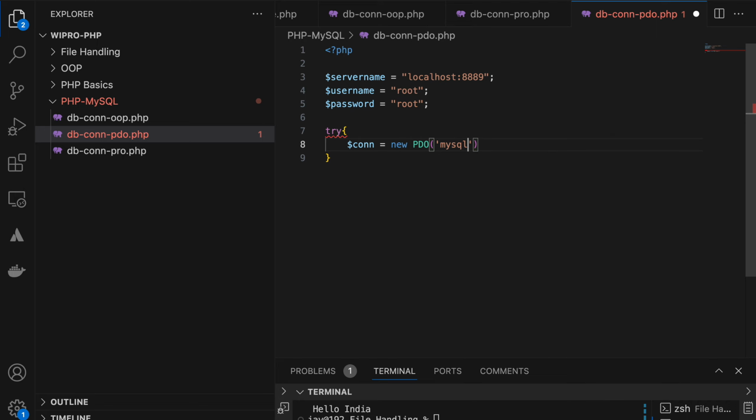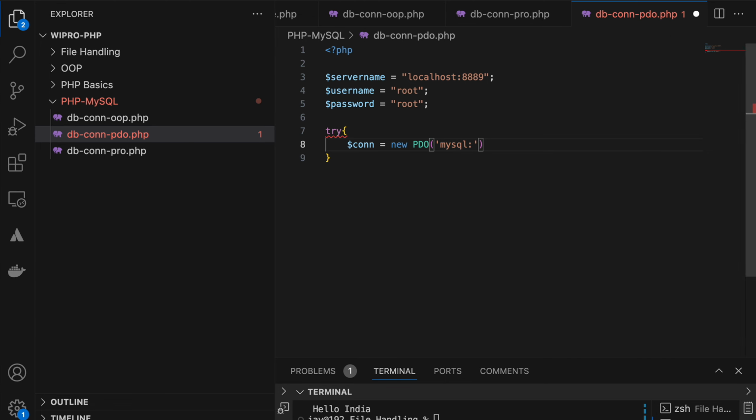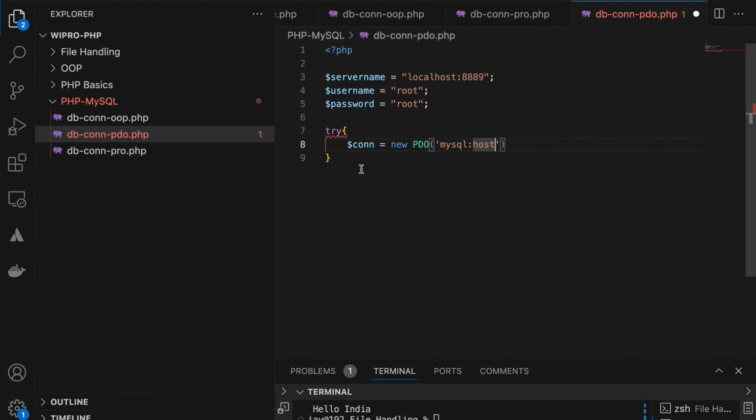Because PDO supports multiple database systems. So I can supply here MySQL, then host. You can also write MySQL or MariaDB. I think you should try MySQL. It should work.